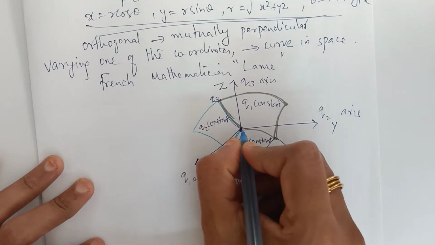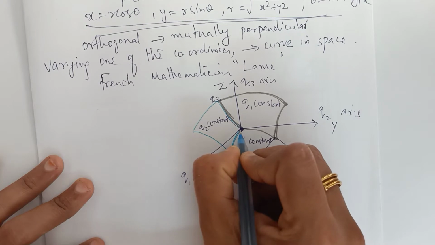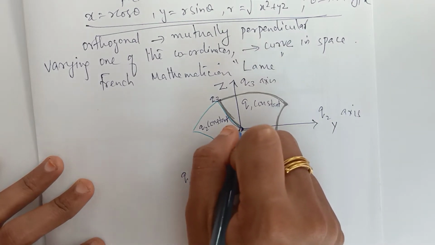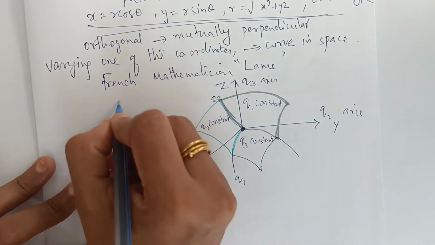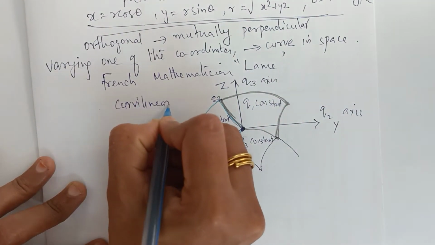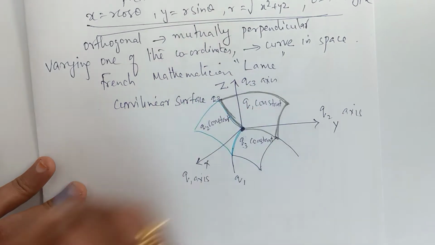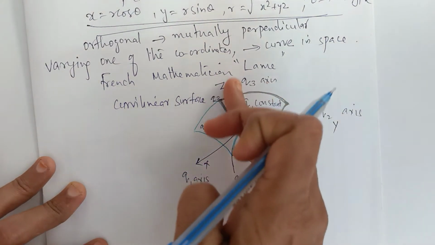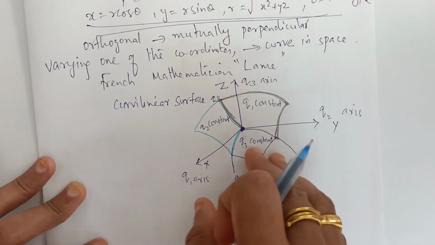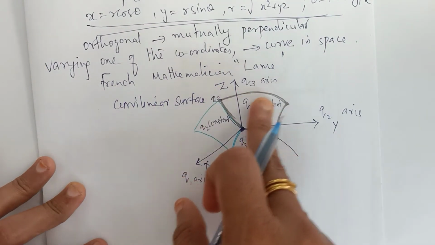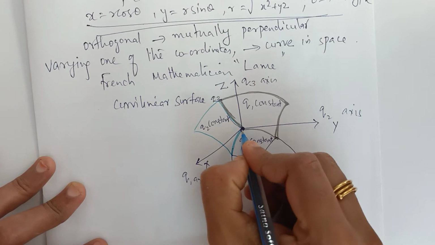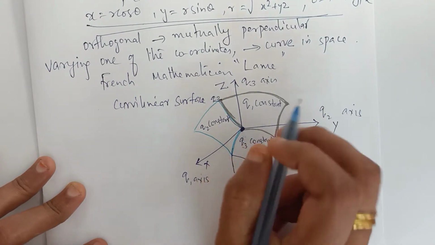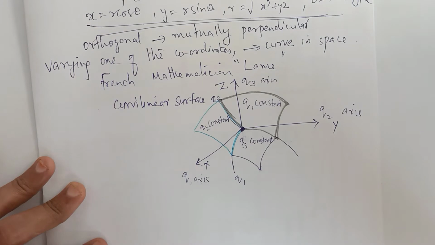P. We are calling this point P. Then we can say these are the curvilinear coordinates of P. These 3 new surfaces are called coordinate surfaces or curvilinear surfaces. Once again, we have 3 mutually perpendicular axes on which we have kept 3 new families of surfaces, which are not mutually perpendicular. If there is a point where these surfaces meet, that is the curvilinear coordinates of P.